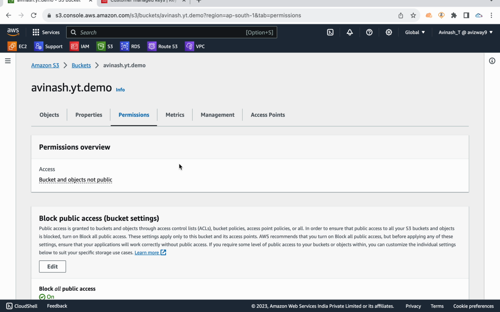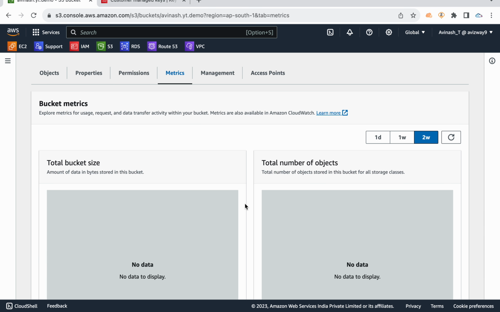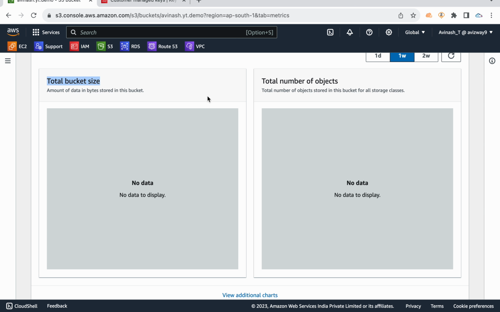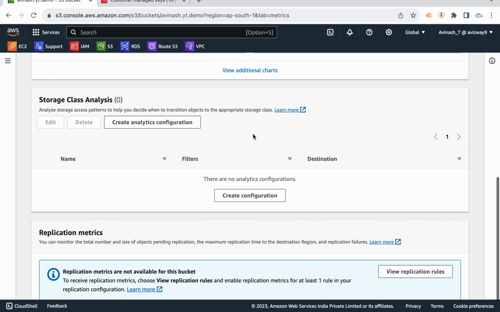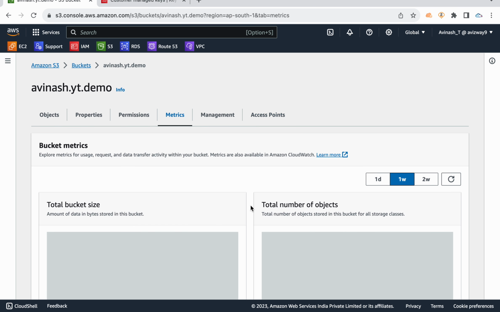And another question, how are you going to monitor an S3 bucket? When you need to know how much data you have, how many objects you have in your S3 bucket, how are you going to monitor that? For that we have a service called CloudWatch. We can depend on the CloudWatch service and monitor how many objects we have, what is the total size of that bucket, and we can enable paid metrics and get a lot of information like how many 400 errors we are getting, 500 errors we are getting. All such information we can get with the help of CloudWatch metrics.